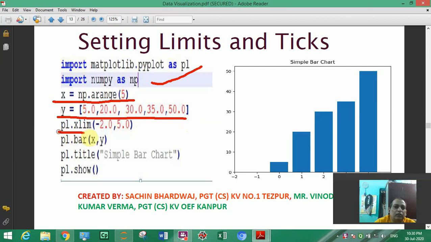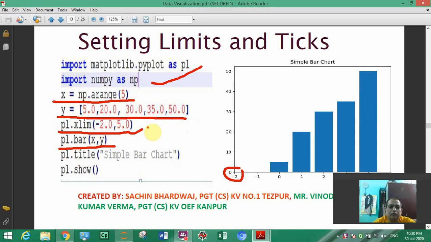For x limit you give from where you want to start the origin, -2 here. So it will start from -2 and go up to 5. If you write it like this, then your origin will start from -2. If you don't write, it will start from 0 by default. And for this we have to plot the bar graph for x and y. Y is data and this one is the limit.